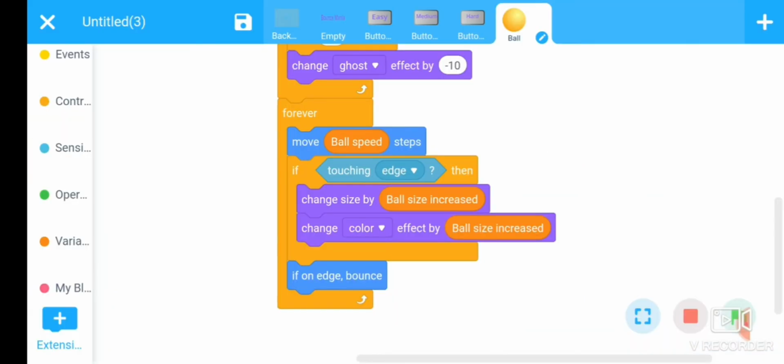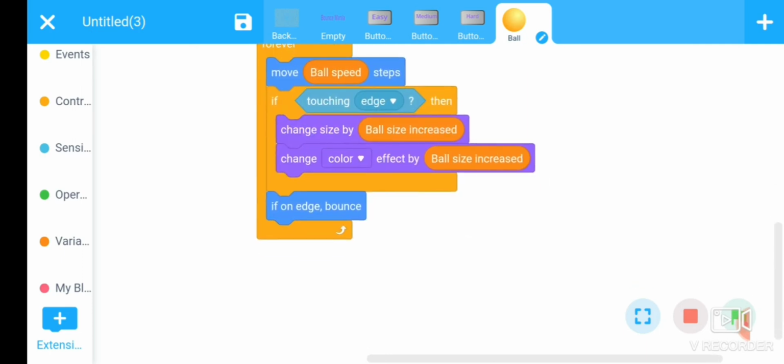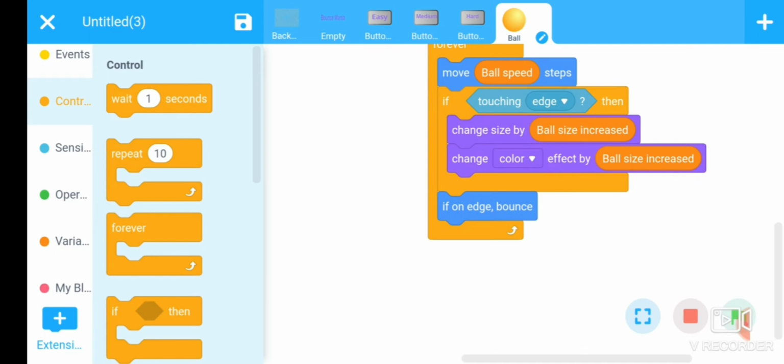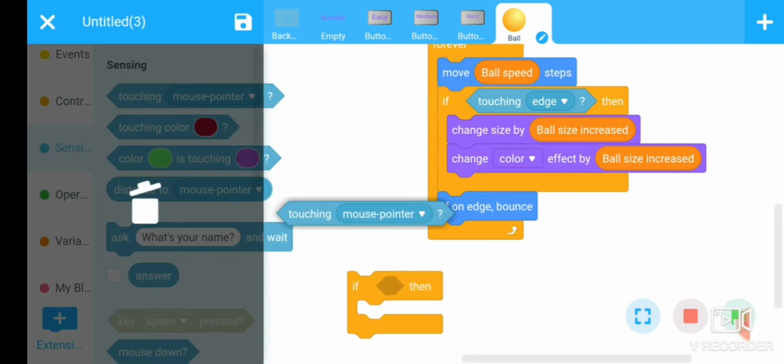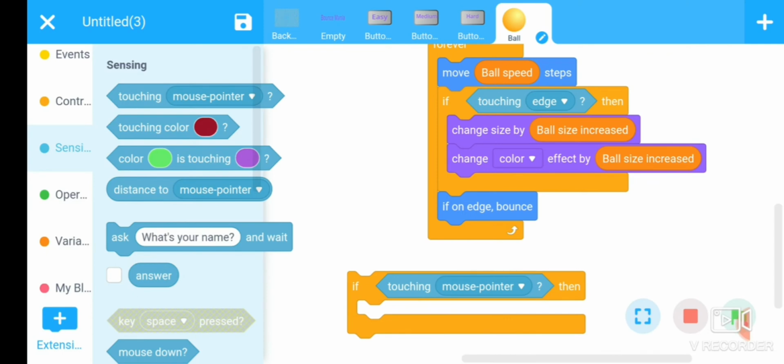Now we want to add a stopping condition, that means a game over condition here. Let us consider that the game is stopped whenever the ball touches the mouse pointer. For this, go to the control section, use the if then loop, go to the sensor section. There is a command, touching mouse pointer.